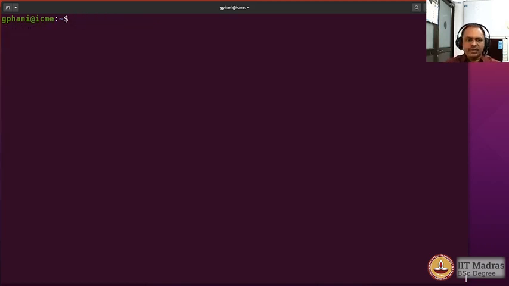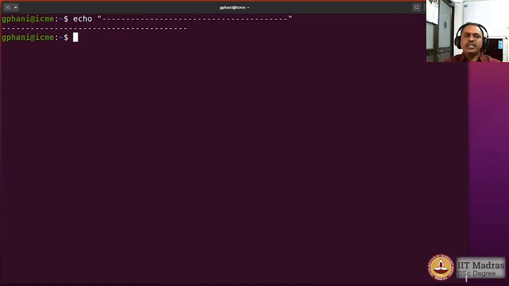So the echo command is very nice in reproducing whatever text that you are giving, either single line or multi-line. And usually in a shell script, you would use it to display lines of text that would help in documentation. For example, you may want to have a command which would display a line. Sometimes you may want to give some comments.